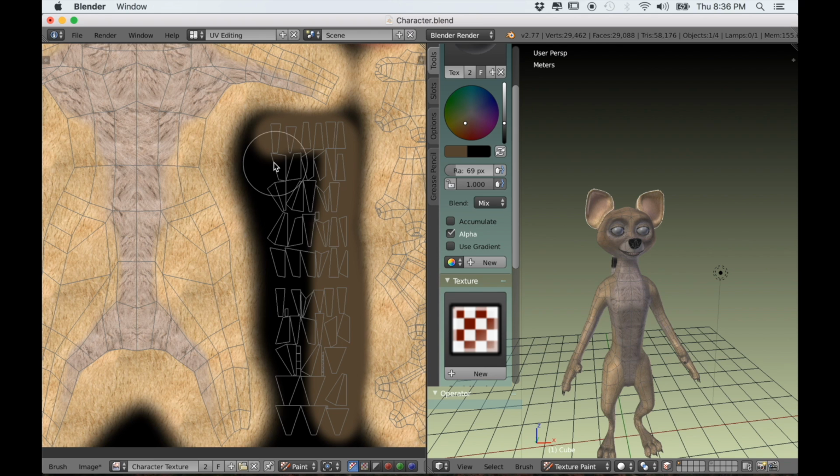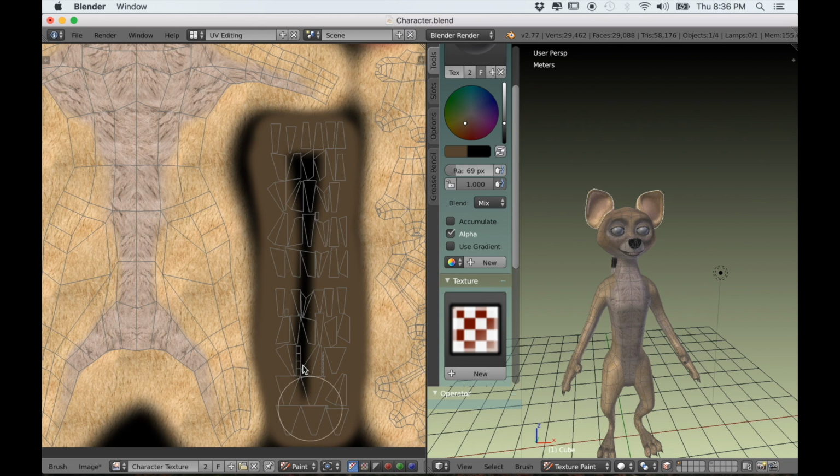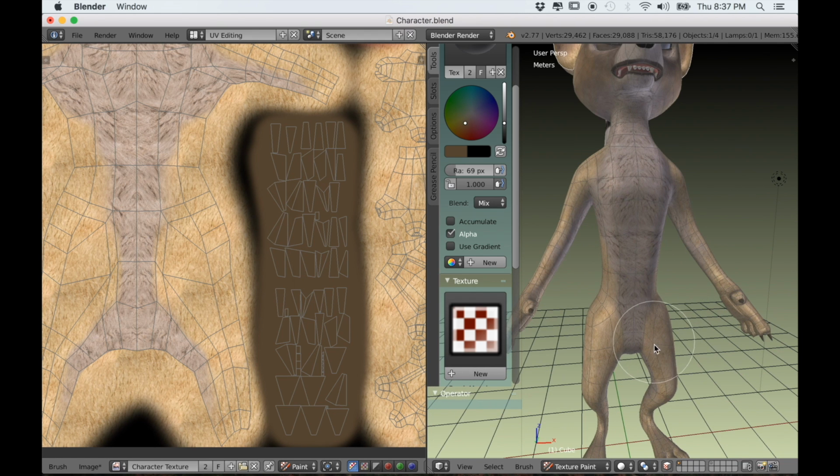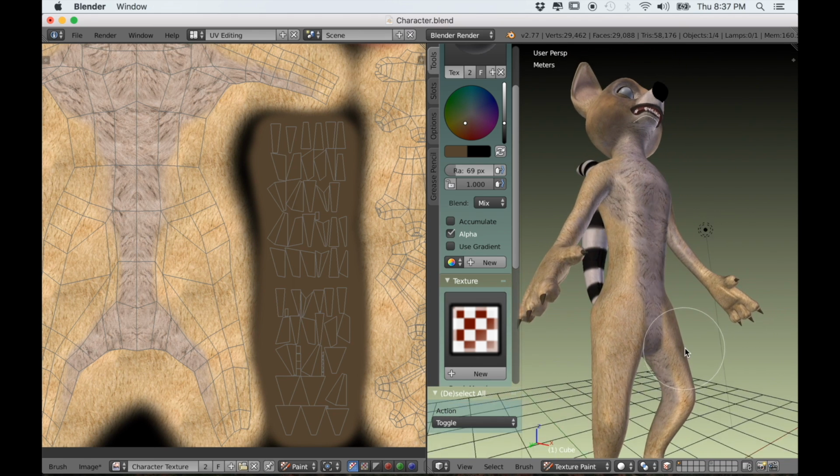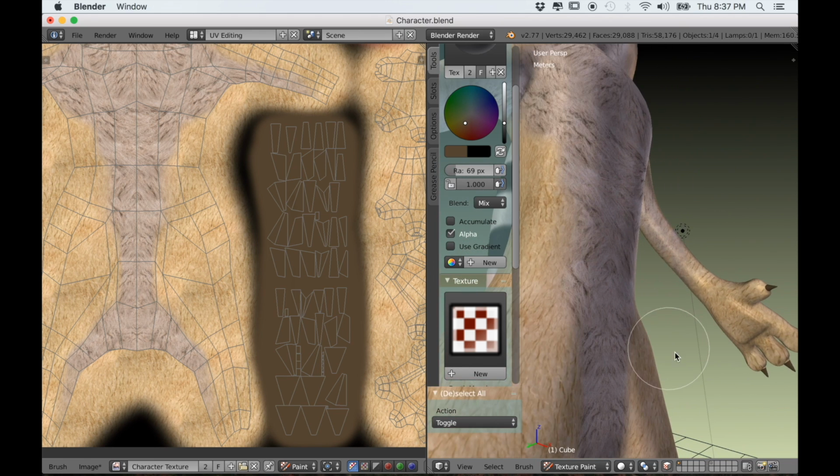And I've chosen a brown color for the claws, but again, later when we do our materials, we'll probably separate the claws and give them a material of their own and make them a little translucent, so they won't look so flat and dry and brown. They'll look a little more like claws should,